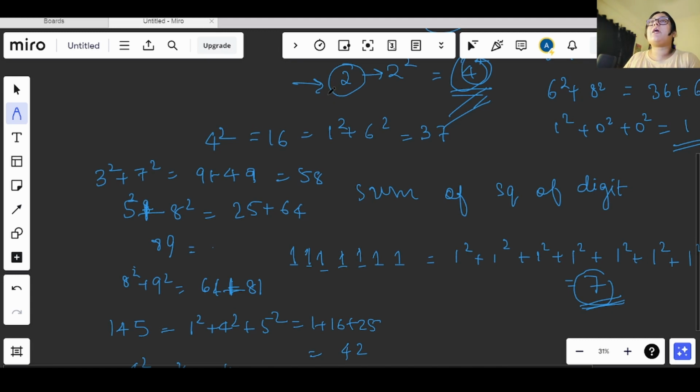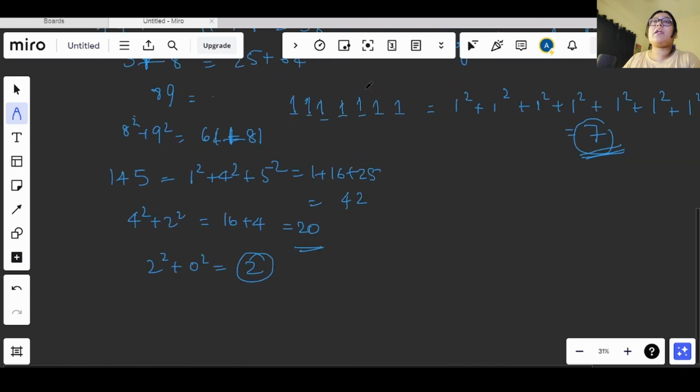So here what happened, I had a 2 here, right? And after completing this many sums, I again came back to 2. That means even if I repeat this again, I will not be able to get a 1 here, right? So what we have to do here is, after getting the sum, we will be storing it in a hash map or a set, okay? So that if the number is already there, then we will simply break out of the loop, because we cannot get the same sum.